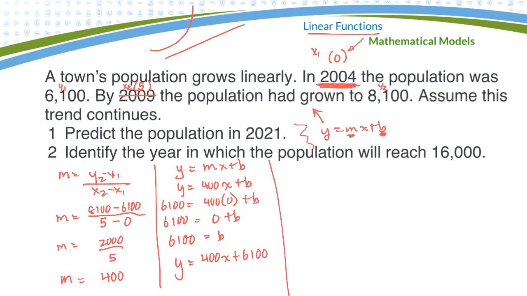So if they want to know what the population is in 2021, well, how many years since 2004 is that? It looks like that's 17 years. So we can put a 17 in for x. So again, my equation is y is equal to 400x plus 6100. So if you're talking 17 years after they started,